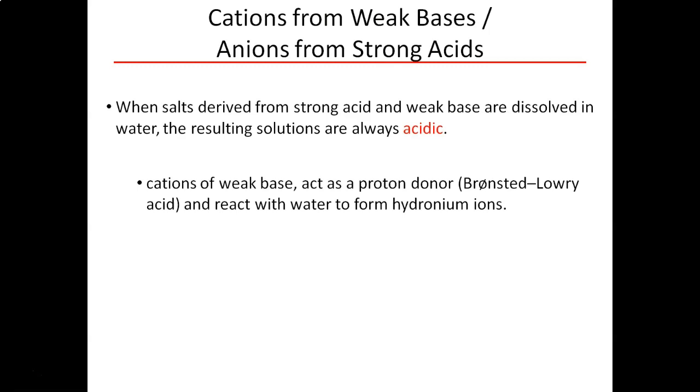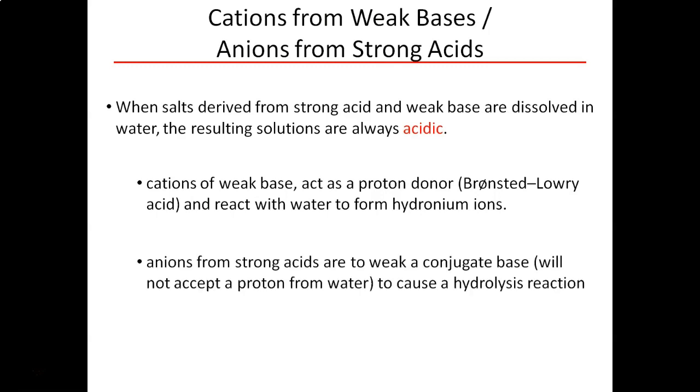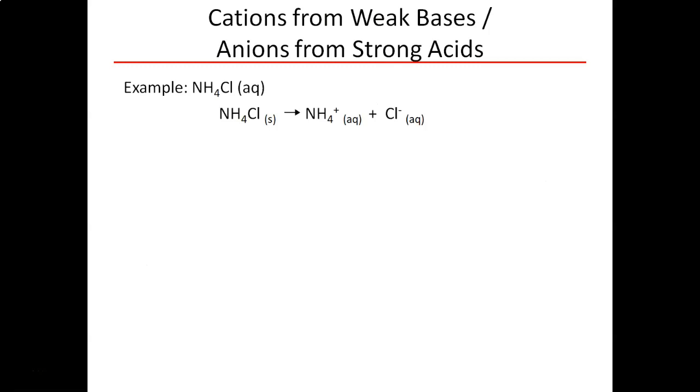Okay? The reason being, my cation of my weak base can act as a proton donor. It has a proton to donate, and so it will react. Whereas my anion is too weak of a conjugate base to accept a proton, so it will not react and cause a hydrolysis reaction. So for example,